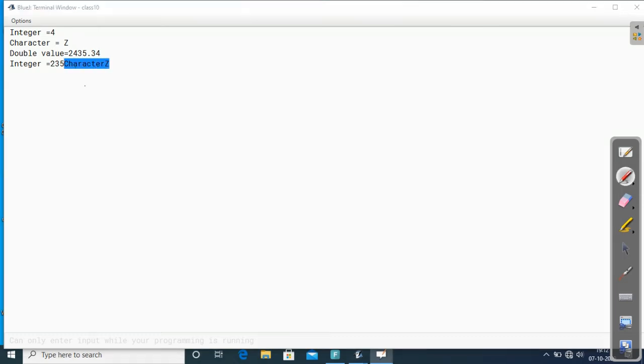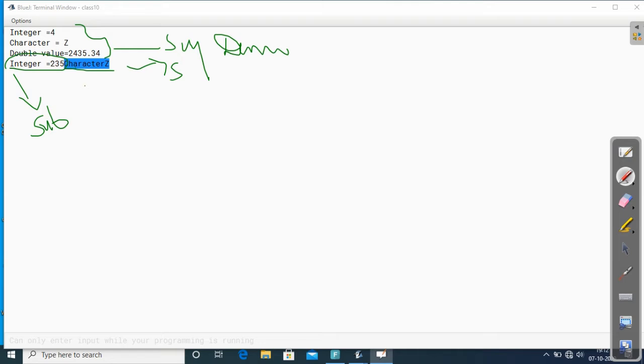The parent class or super class, the demo class. And integer 235 and character z: this character z also belongs to the super class, and these three also belong to the super class, and only integer 235 belongs to the subclass. So how the properties are inherited, you can understand from this example.